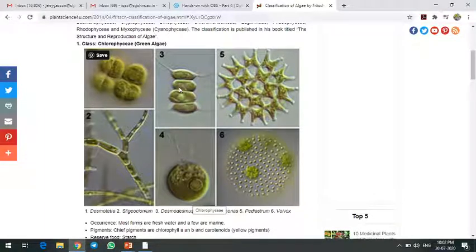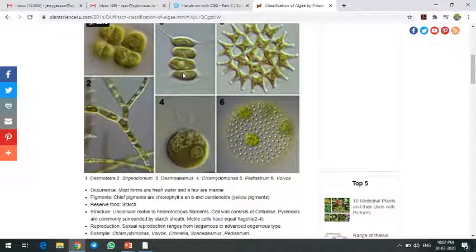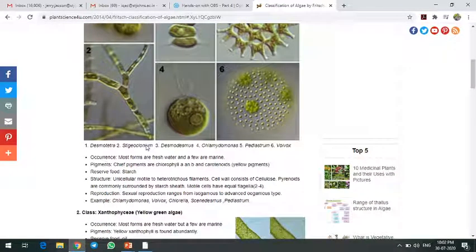Also in Desmodesmus, the whiplash flagella can be seen. In green algae we find such unicellular forms. There are colonial forms like Volvox and Pediastrum, and even larger algae are found in this group, this class of